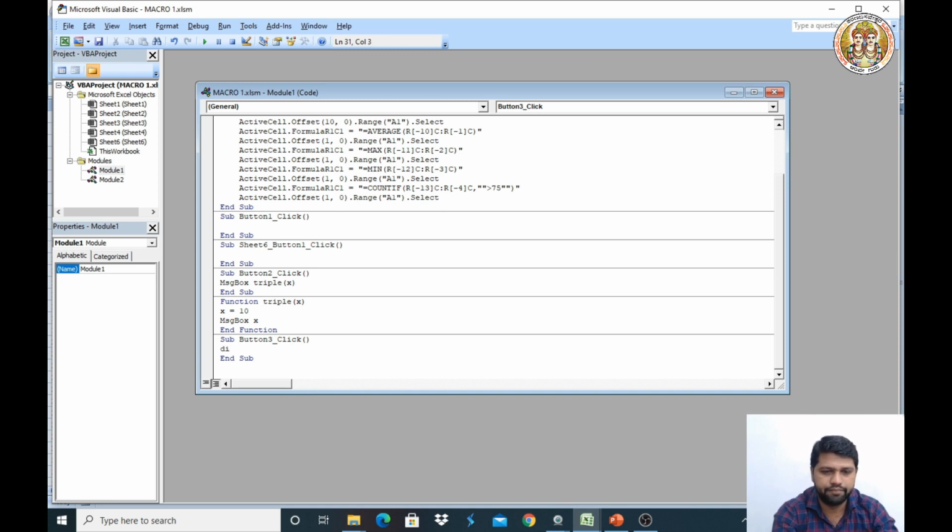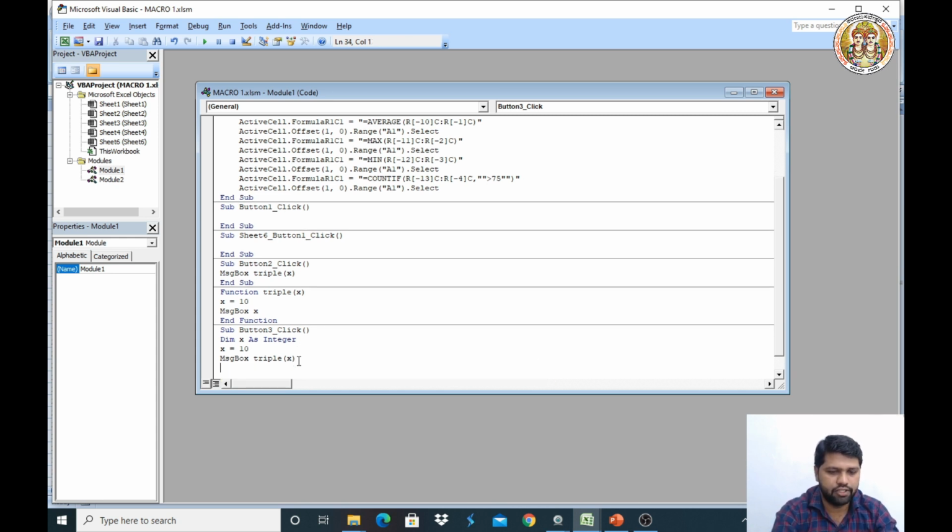Dim x as integer, x equals 10, message box triple function x, next message box x.